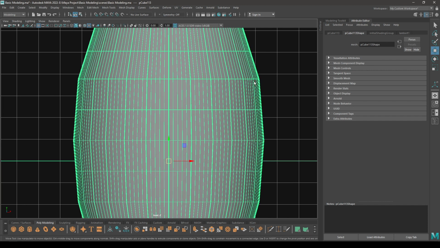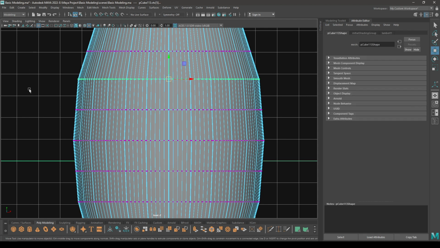And as you can see, we have a little bit of sharp edges here, so you can modify them by going to vertex mode, select the vertices and maybe scale it down a little bit like this.